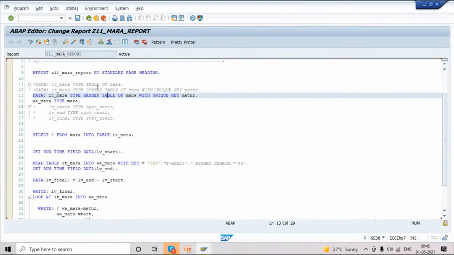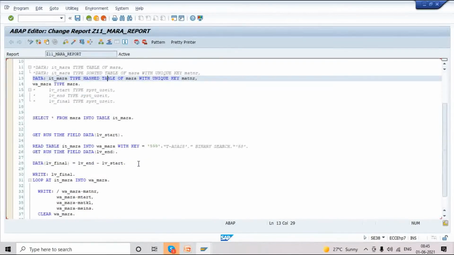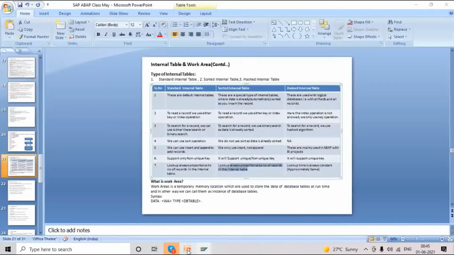But in the case of standard and sorted tables, it takes too much time. So that is what we are mentioning here, lookup and finding the data. Performance wise, the hashed internal table is very good. But again you can ask why we prefer the standard table in all our programs.